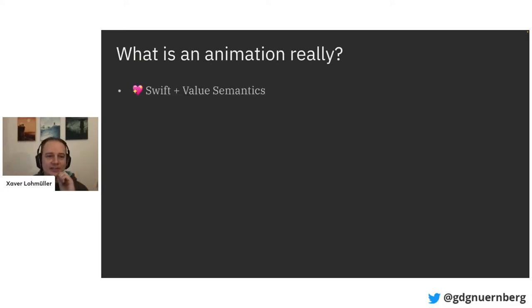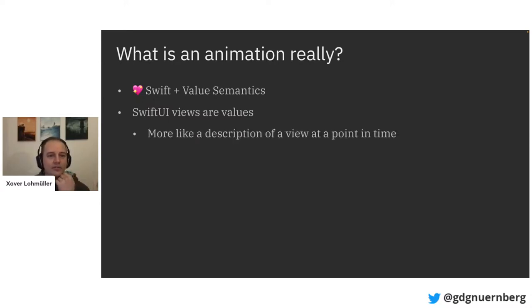So Swift is a language that really, really loves value semantics, and pretty much everything in Swift is a value these days. And SwiftUI views, in fact, are also values, as in having value semantics. So when you copy it, you have two distinct views. When we think about views in the classical sense, we think of a screen or a little widget that can animate and can change, and that really doesn't go well with the copy semantics of value semantics.